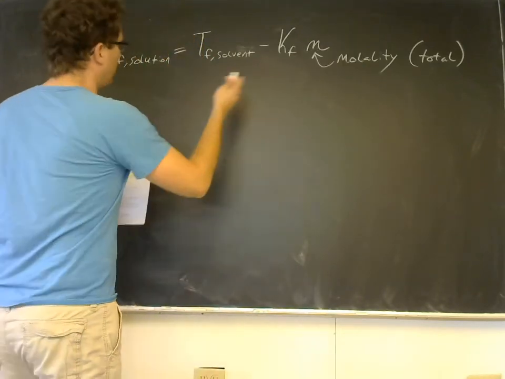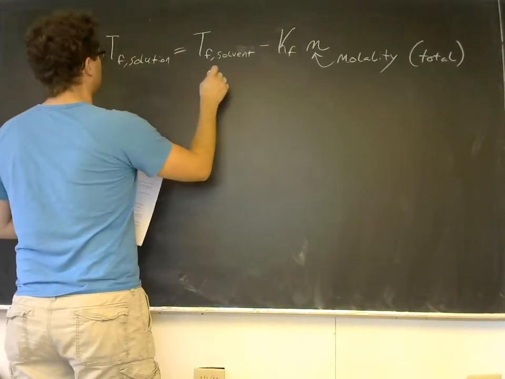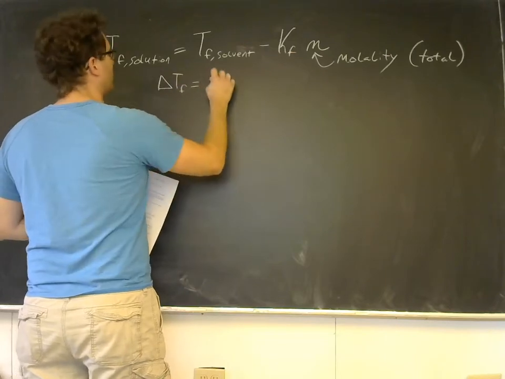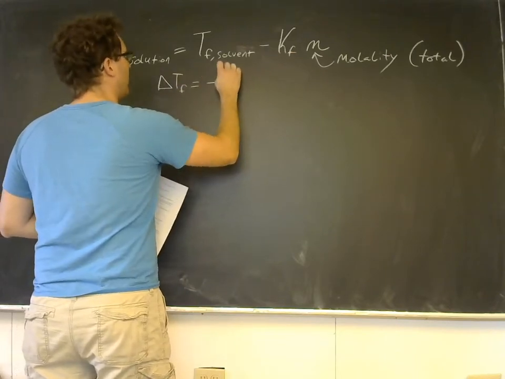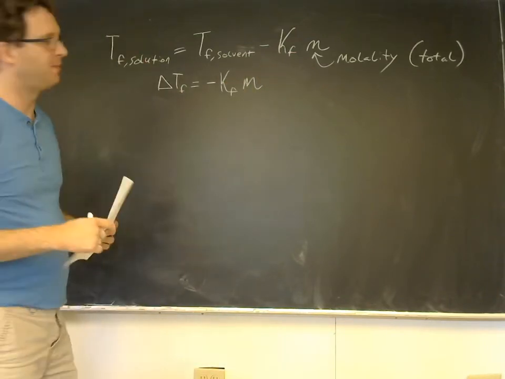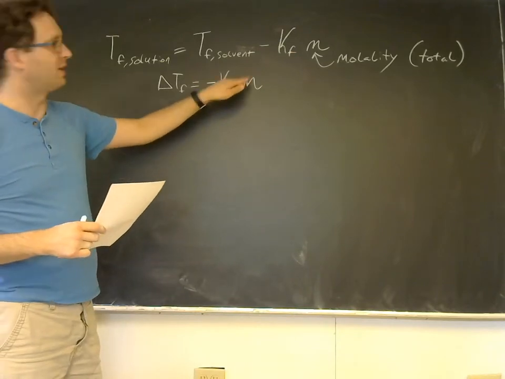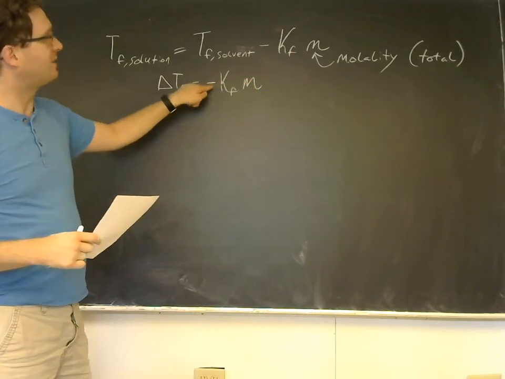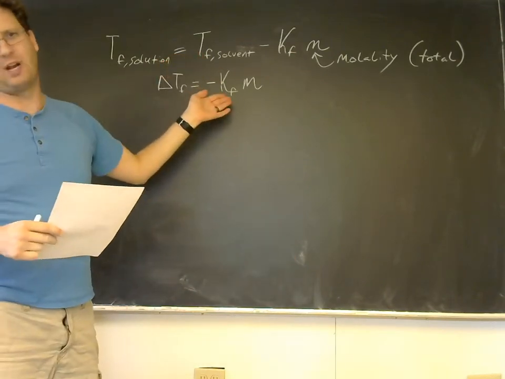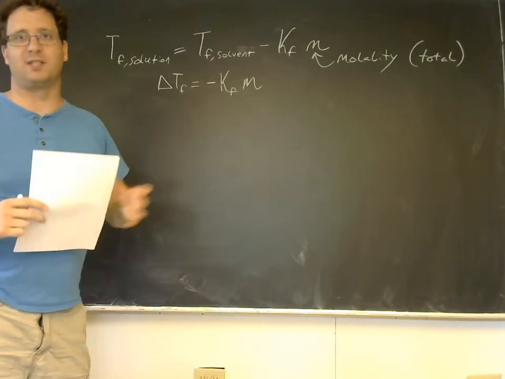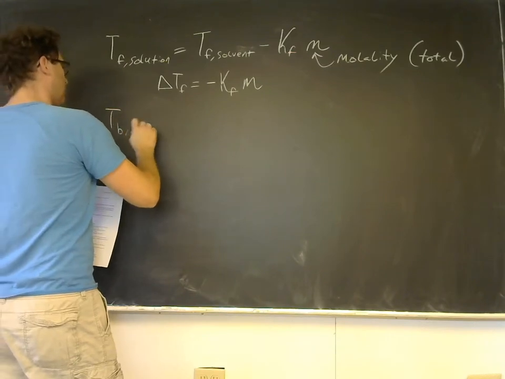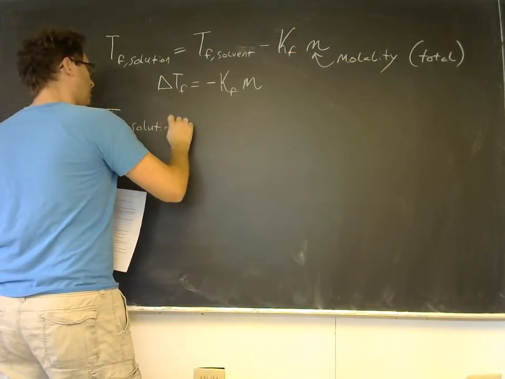And so we can also often express this as delta TF is equal to negative Kfm. So the change in the freezing point temperature is going to be your freezing point depression constant times the molality, and it's negative because the change is lowered, and freezing point depression constants are given as positive values. Okay, so what about boiling point? Well, the boiling temperature for the